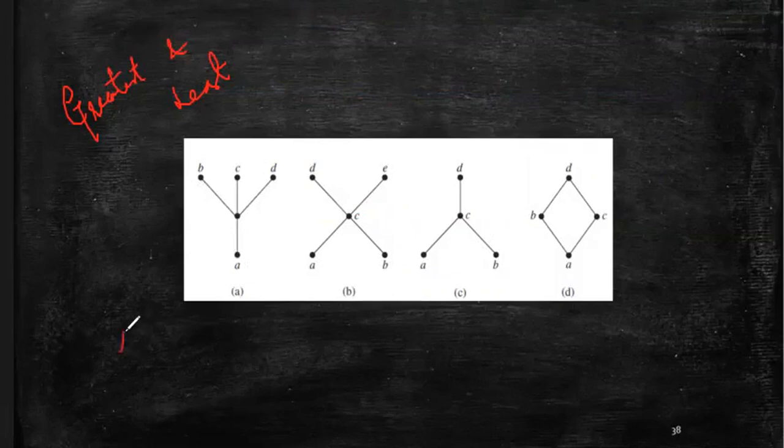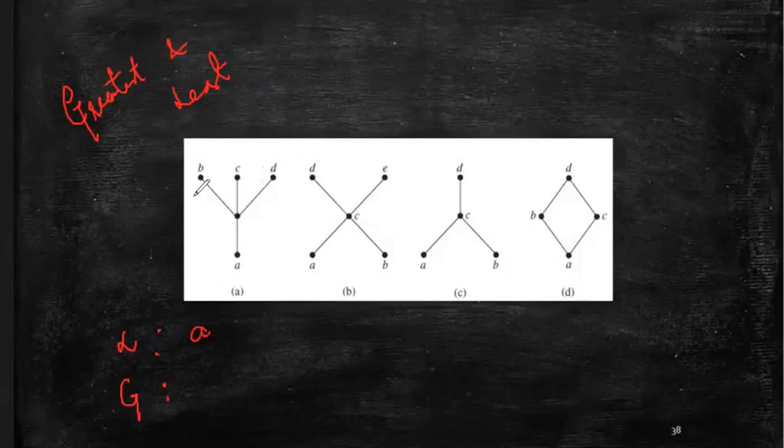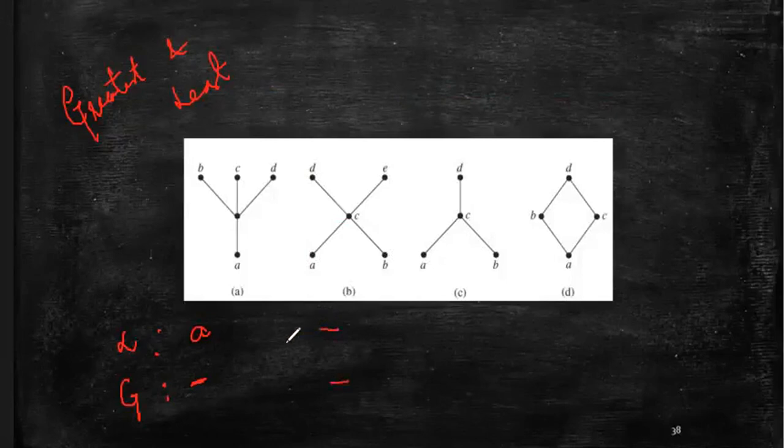Okay. So I'll denote least with L and greatest with G. So in this case, our least element is A. What about the greatest element? Is there any element which is greater than all the other elements? No, all are at the same level, and if we write them in the form of maximal and minimal, the maximal elements will be all the three of them, that is B, C, D. But in the case of greatest, this poset does not have a greatest element. What about this diagram? In this diagram, the diagram B, this poset has no greatest element and no least element. So it does not have either of them.